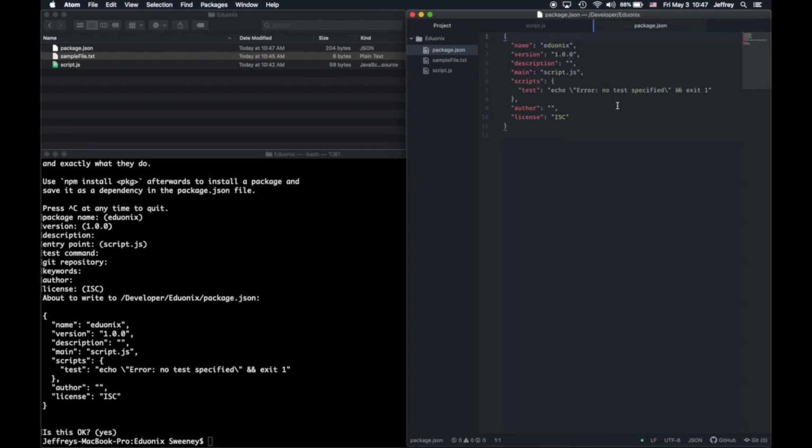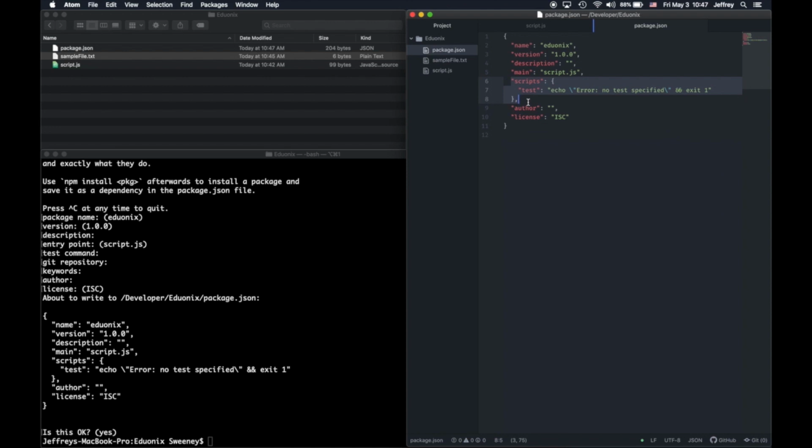Now open package.json, and you can see, kind of similar. We got names a little different because we just used the default. Main entry point is script.js. You'll notice this scripts object also got thrown in, and we'll go over this in a bit here. Actually, I can just do it now. So a scripts in the package.json file